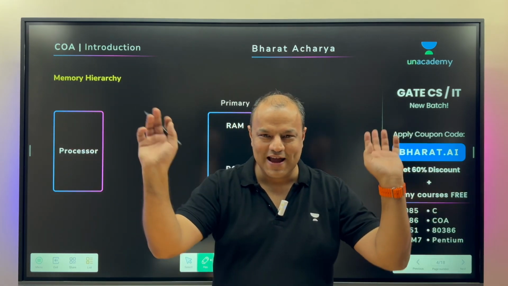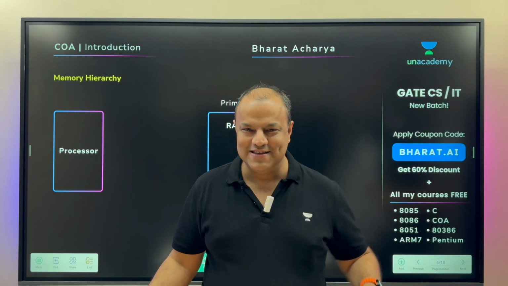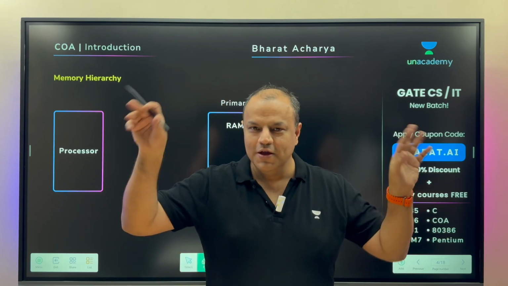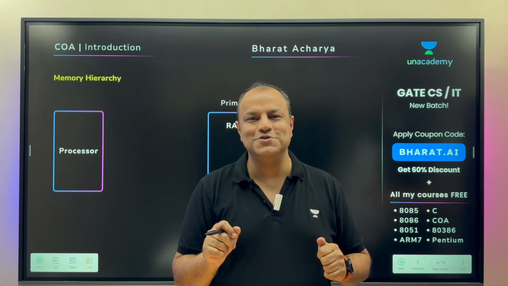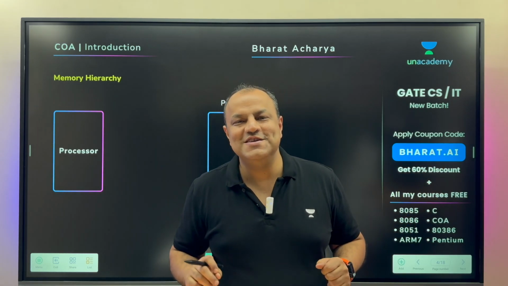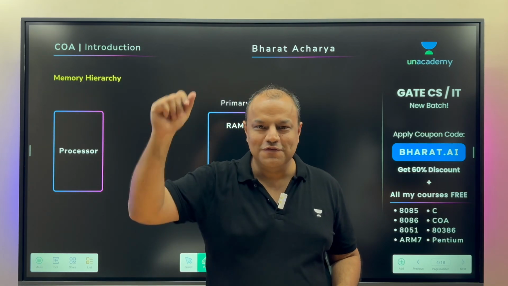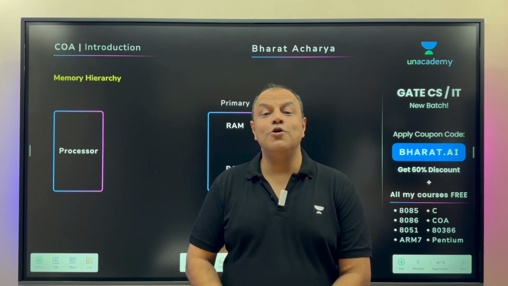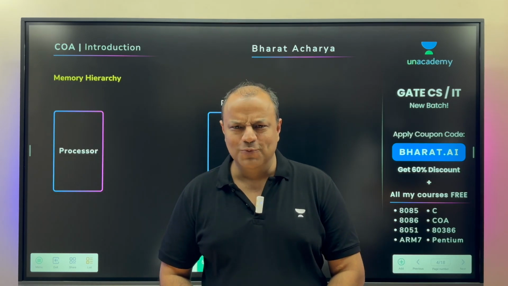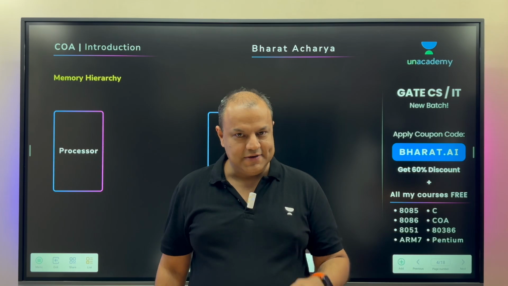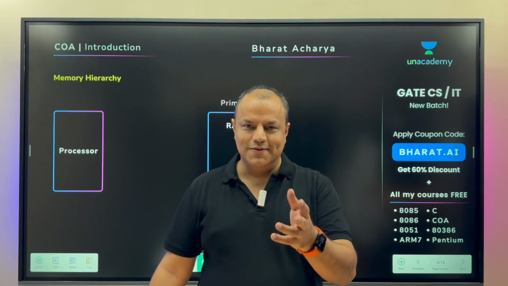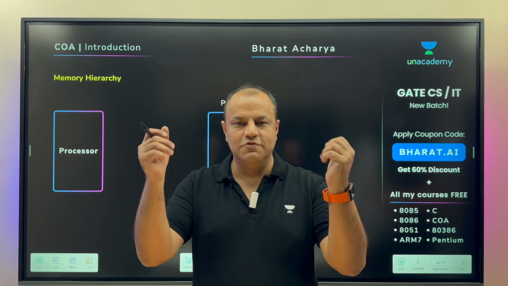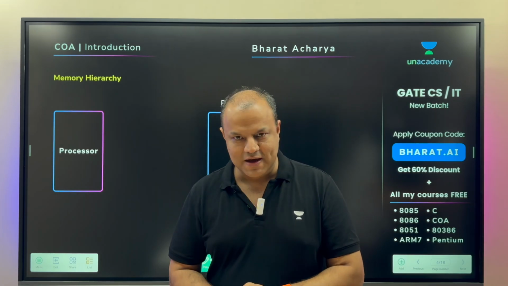That means it's stored at runtime using power supply. Yes, there are technologies. You either use capacitors or use transistors. I'll teach you both. Using power supply, this information is stored, which means the information is temporary. You switch off the power supply, the information vanishes. That's why it's also called volatile memory. You heard the word volatile, right? Volatile means it just evaporates. Of course it doesn't evaporate. It's just a way of saying it, a phrase. So it's called volatile memory because the information goes off the moment you switch off the power supply.